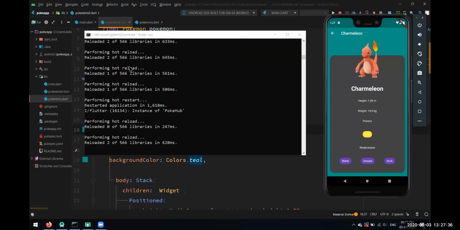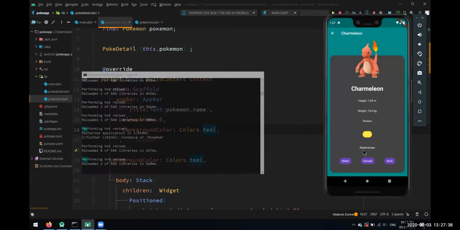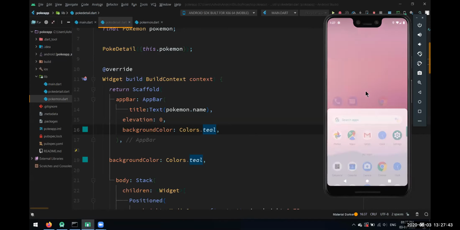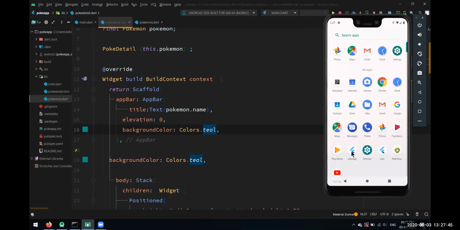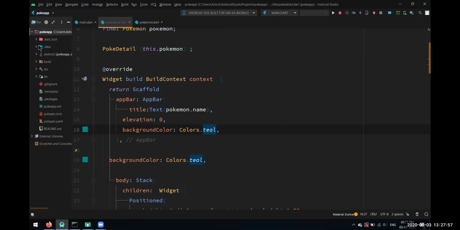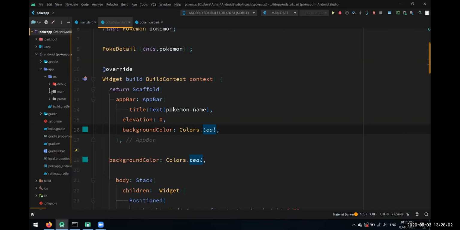Okay, how do I create an app's icon? This is also one thing to note. For now, this Poke app is having the Flutter icon. If you want to give it your personalized, customized icon, just go to this Android folder. In this app Android, see the path. Open up the project in this Android folder. Go to app, src, main.